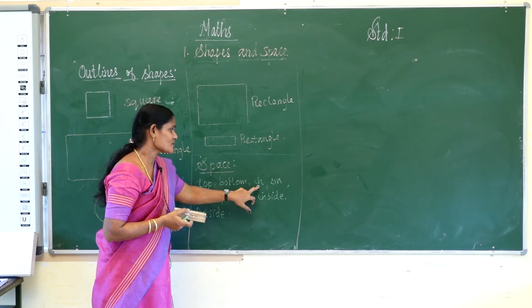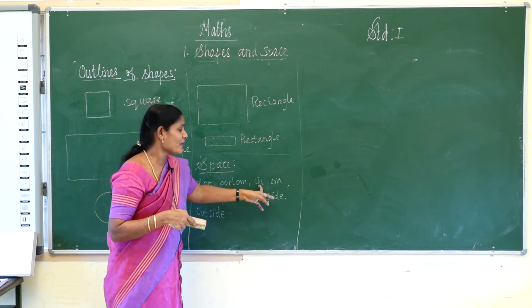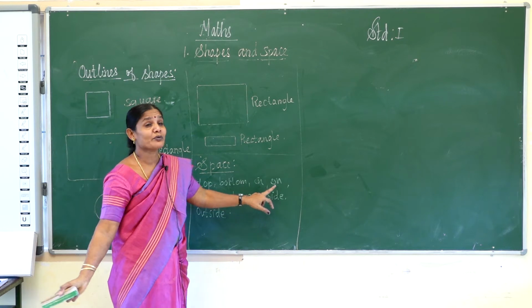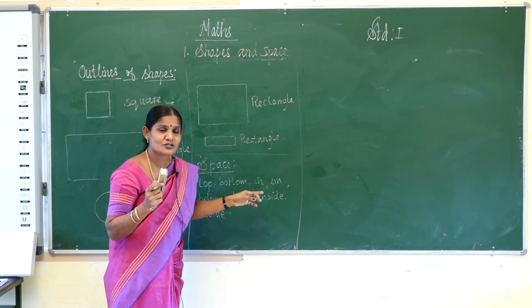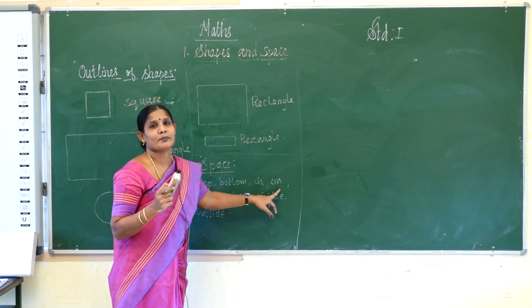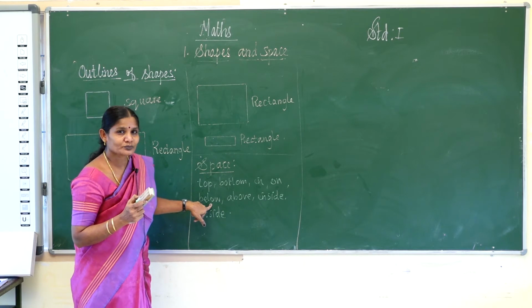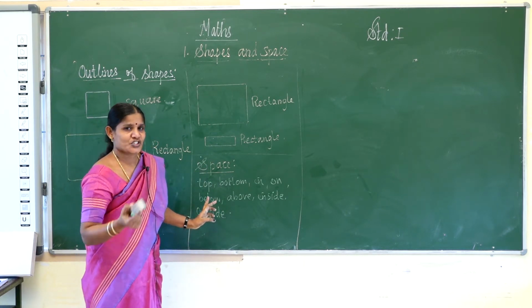Then in, what's the meaning of in? உள்ள சொல்லுவோம். So a book is in the bag. On, a book is on the table. புக்குக்கு மேலே டேபிள் இருக்குது. அப்போ என்ன பொசிஷன், புக்கு எங்கே இருக்குன்னு கேட்டான்னு சொல்கிறோம். ஸோ பொசிஷனை மார்க் பண்ணுறது தான் என்னது? ஸ்பேஸ். Then below, see the below, a mouse is below the chair.